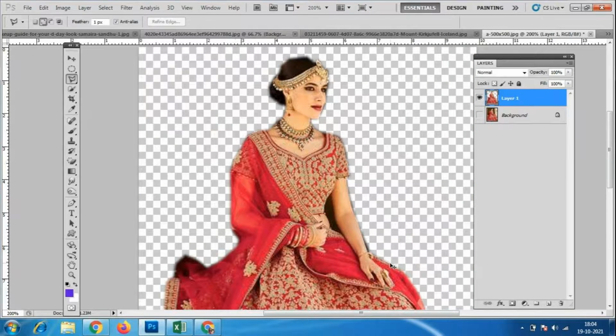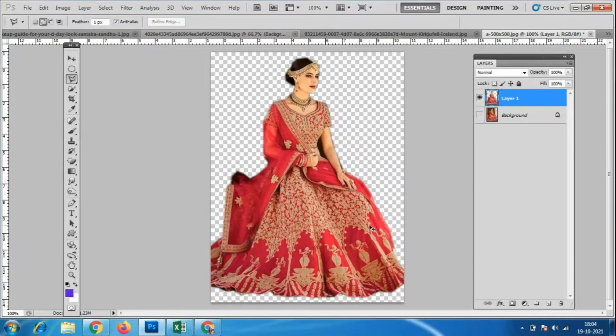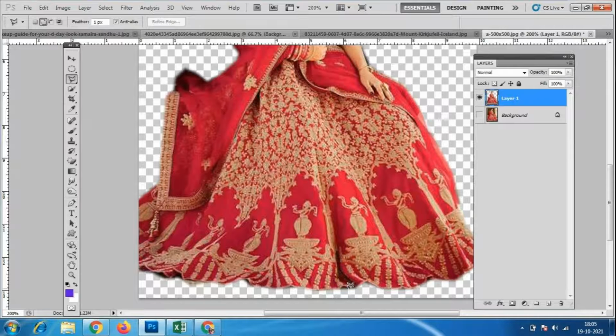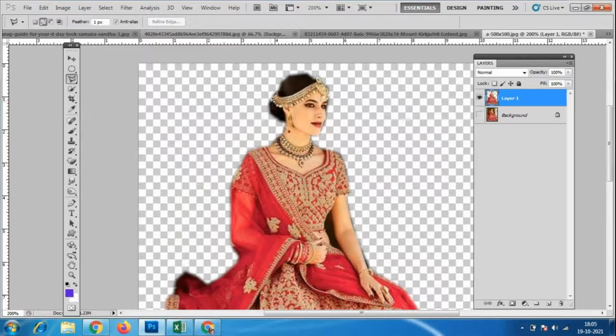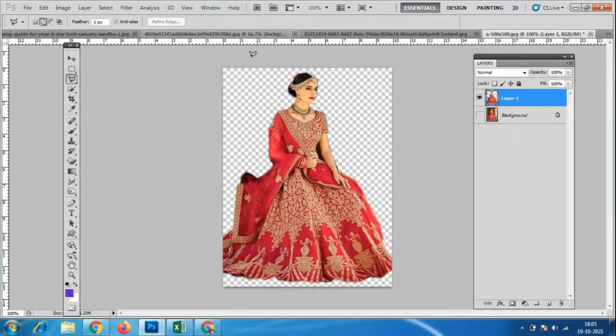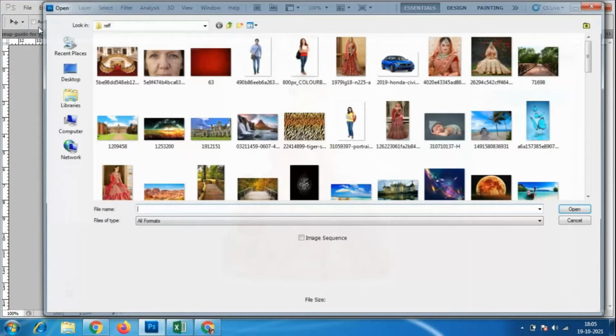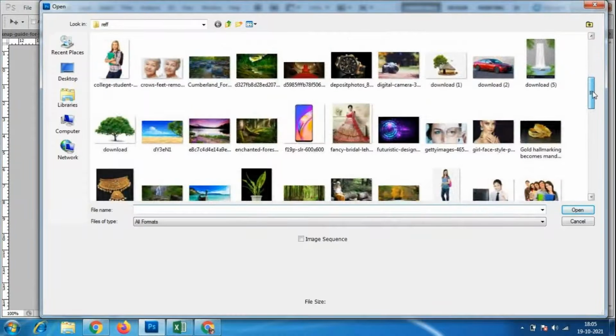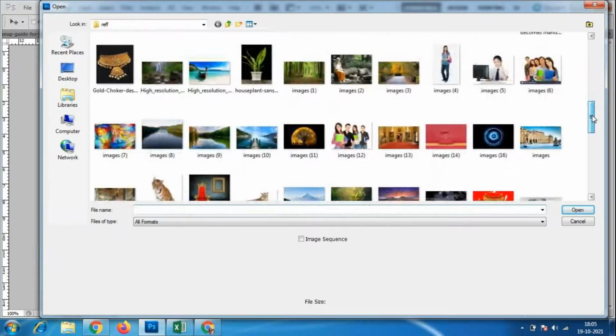So by that time, any problems in the edges, any corrections, any cutting edges that you did not do properly, all those things will be covered with this 1 pixel. Okay, so for this kind of image, you can easily give the background a gradient color. Otherwise, you have to place this kind of image somewhere with a different background. So let us check what kind of background is suitable.